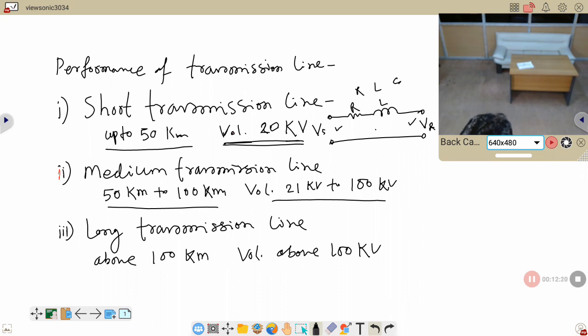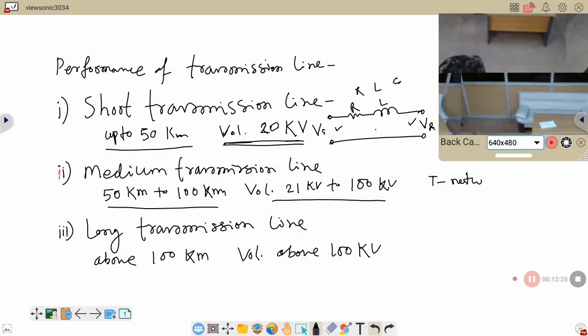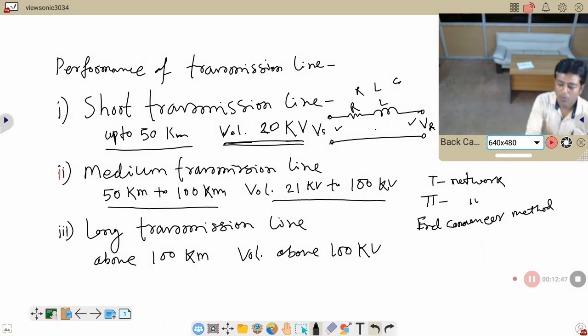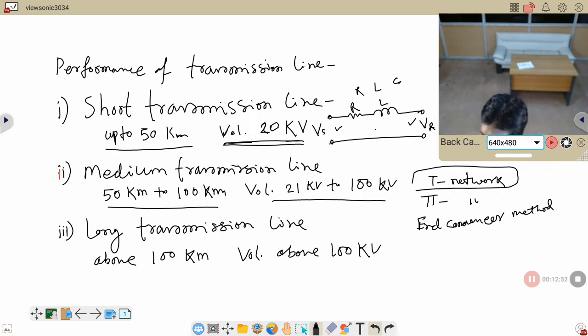The T network type transmission line, the pi network type transmission line, and another is the end condenser method. So what is this classification? We consider the capacitance here, so the circuit is like a T-type network. Here we consider the capacitance